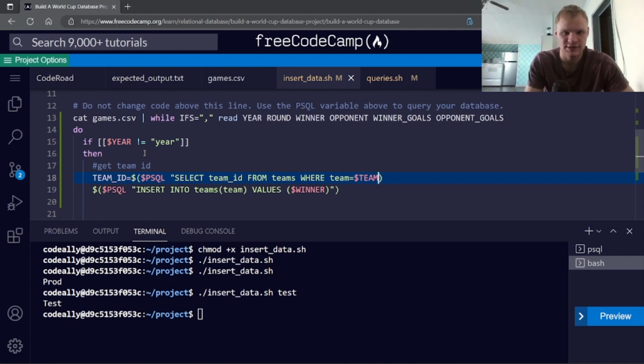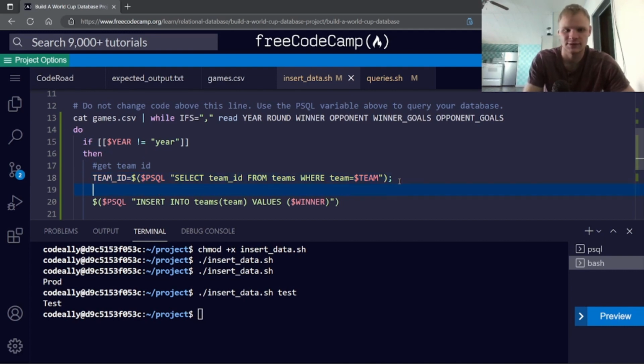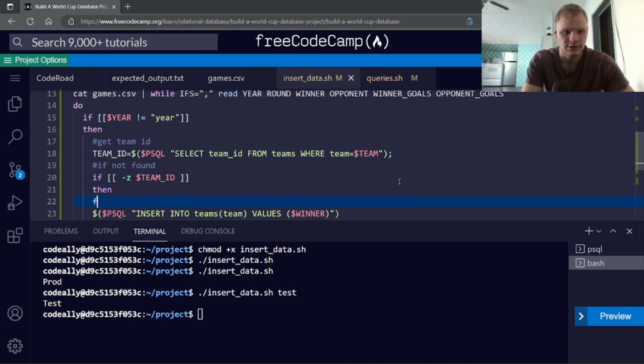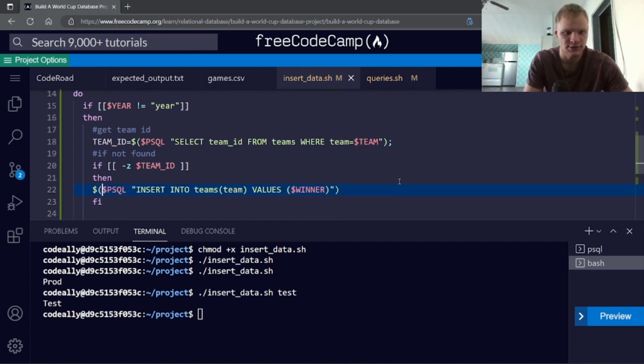All right, and then we can say if that's empty, then we can insert, right? So if it's not found, hashtag if not found, then we can do an if statement here, if -z $TEAM_ID, then, and fi, then we want to insert